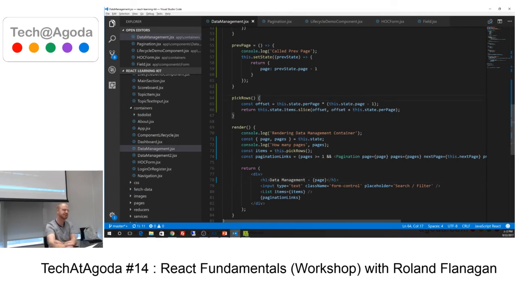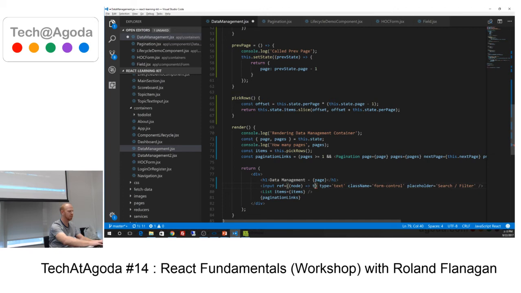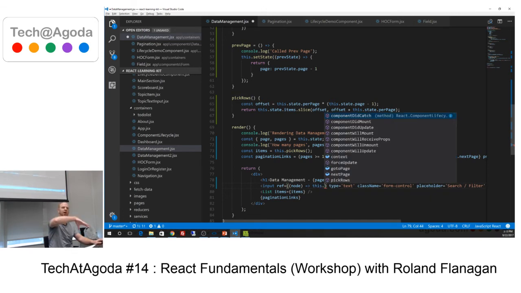Well, we need to extend this function to be aware of the fact that there might be some content we have to deal with. And so the way we want to do this is we want to add a reference to our filter. And what I'm going to do is bind it into our component, into a property in our component, so I can access it from within my other functions. We're going to make it this dot